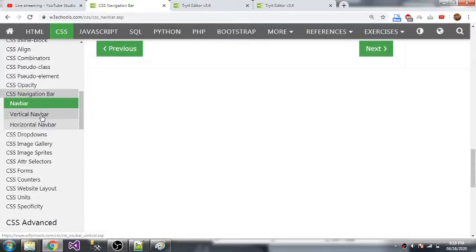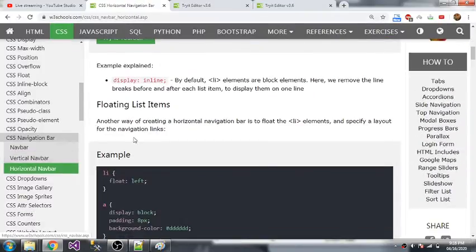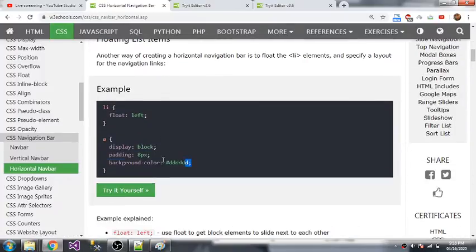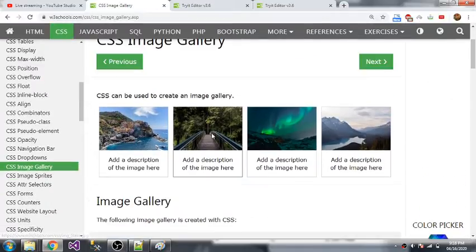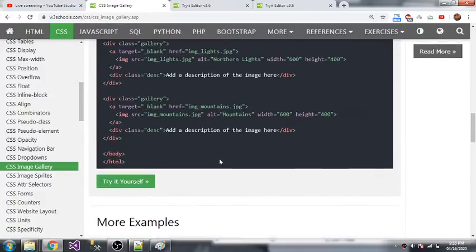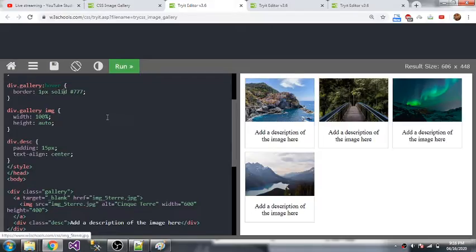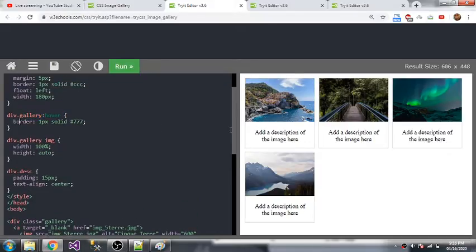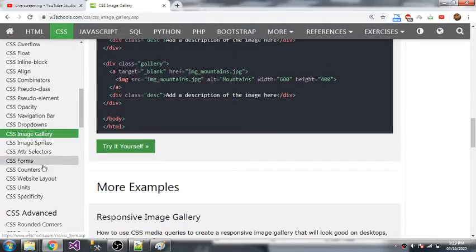Okay, vertical navigation, horizontal navigation. You just look at this, you will understand, because I showed you these types of things. Okay, drop-downs, I showed you that, image gallery, image sprites. They just made a gallery. Okay, so these things you try yourself. If you don't get anything, they did some design. I gave you what is design. I gave you how to select this. I told you how to select multiple designs all at once. All of those things, you just go ahead and see,